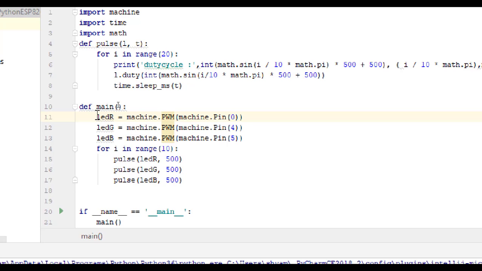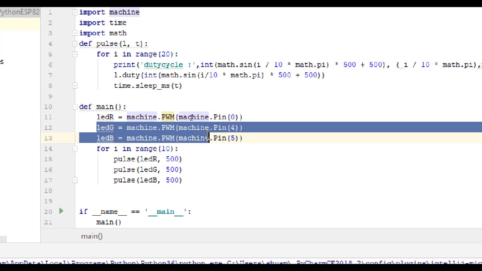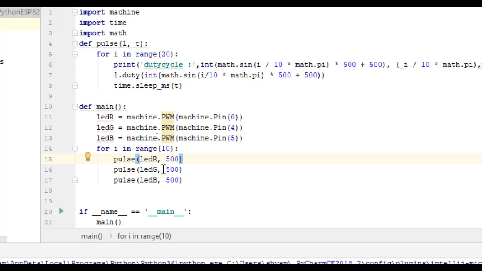Now let us have a look at the code. What I have done is I have simply created 3 LEDs R, G and B. Now I have given the pin names 0, 4, 5. Now what I am trying to do is make use of the red LED intensity variation. At the end of this variation, the red LED will be high, or it is completely eliminated.